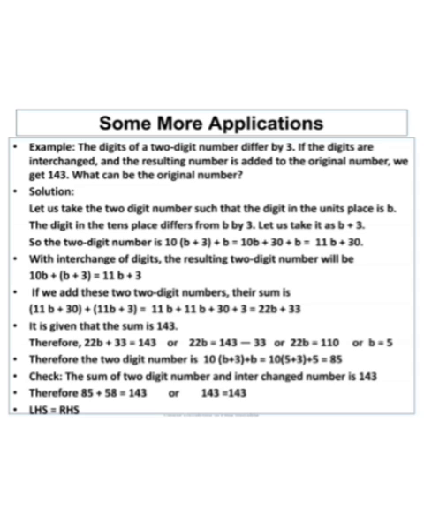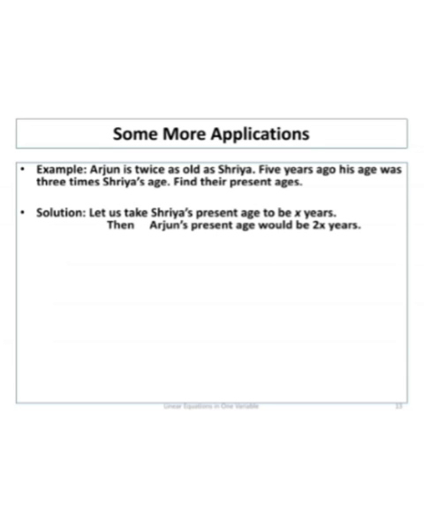So LHS is equal to RHS. Now leading to the next example, Arjun is twice as old as Shriya. 5 years ago his age was 3 times Shriya's age. Find their present ages. Let us take Shriya's present age to be x years, then Arjun's present age would be